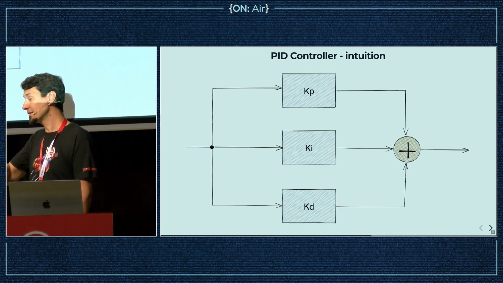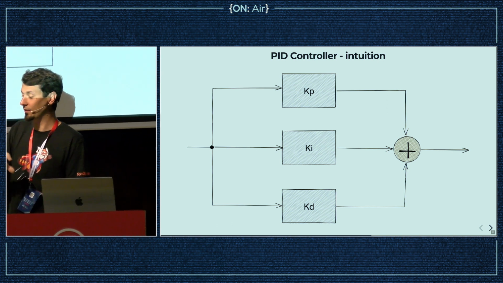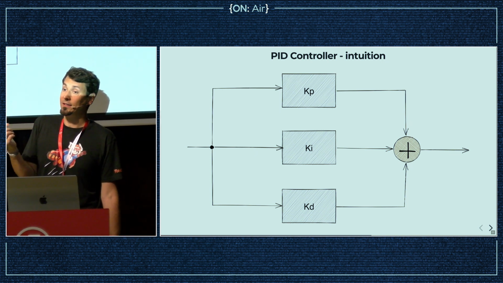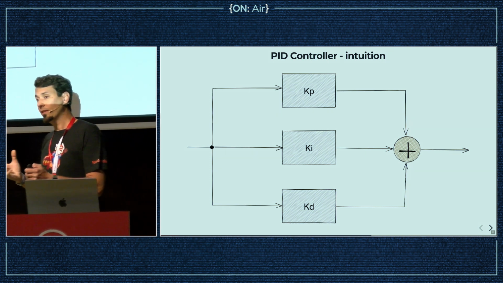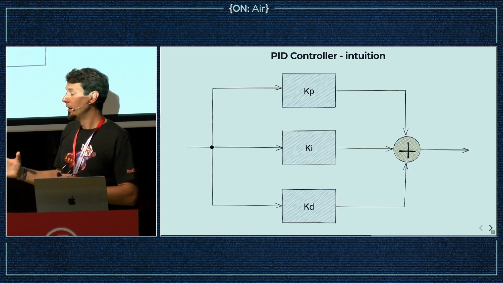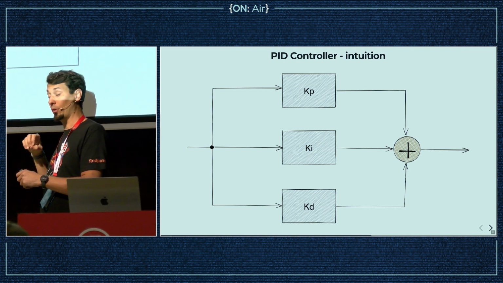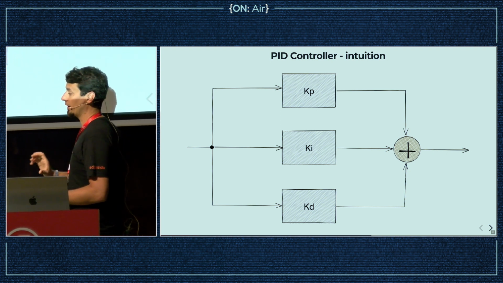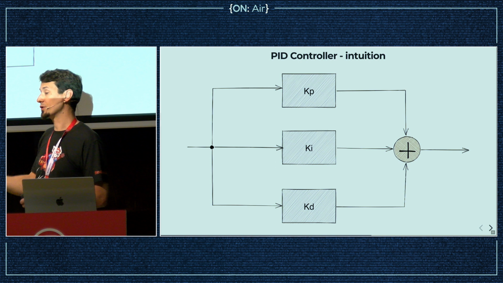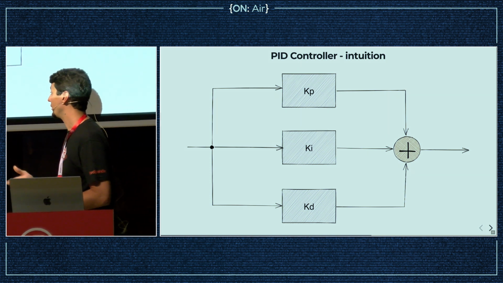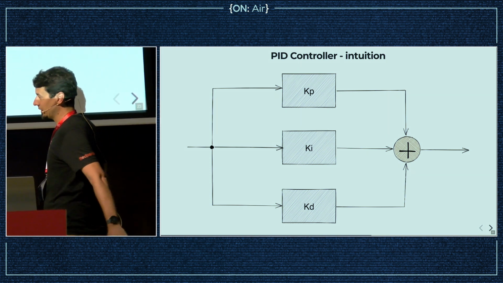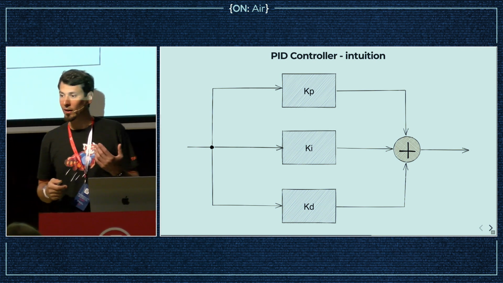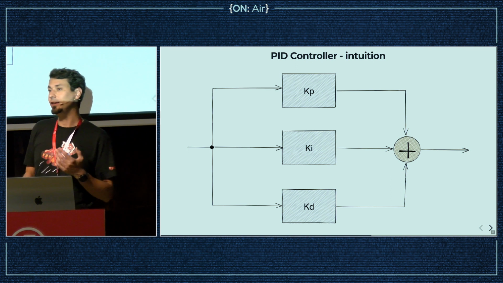So the faster something changes, the larger the derivative will be. And so in a PID controller, the derivative part is there to quickly act against changes that happen quickly. So imagine a situation where we flush our espresso machine with fresh, cold water. And the integral part, this is probably the most complicated one to explain, and the least intuitive one,